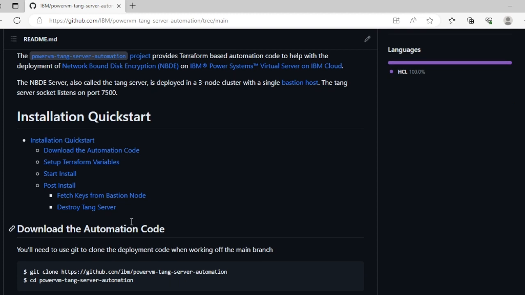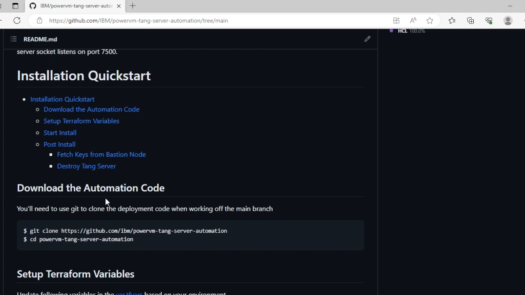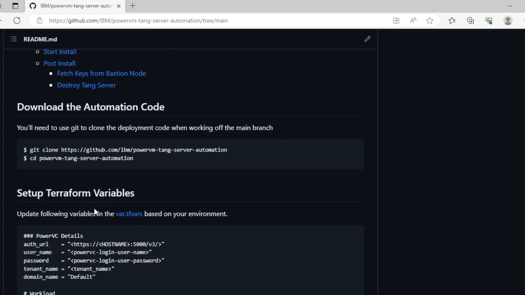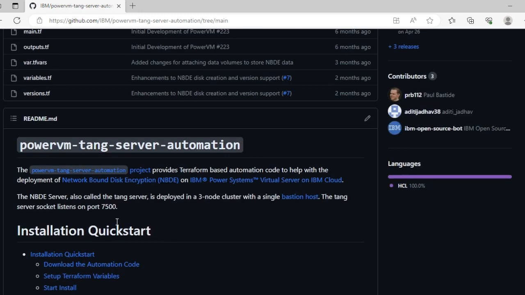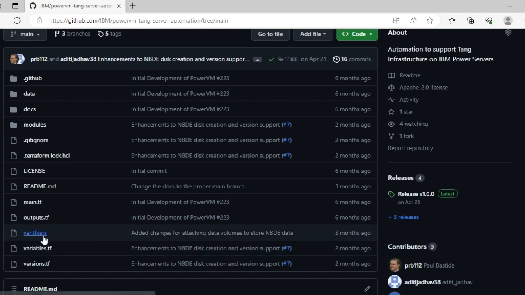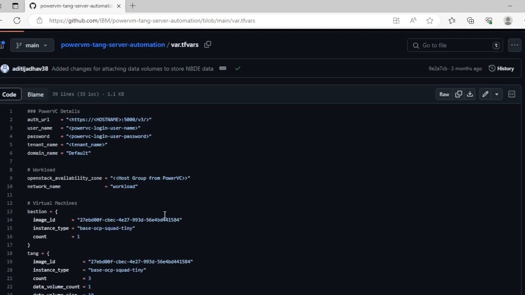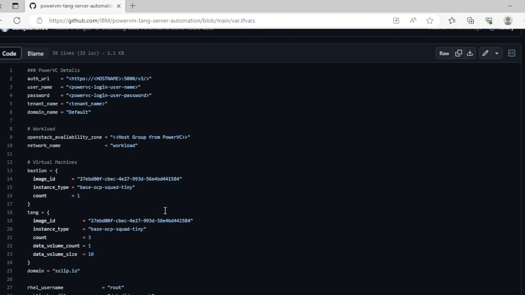So after installing Terraform of version 1.4.0 or greater, you need to download the automation code using the git clone command. Then you need to set up the Terraform variables in the var.tfvars file. Here in this code repository, we have already provided the var.tfvars file template, as you can see here. In this, you just need to update the PowerVC details, which are required for making the connection to the